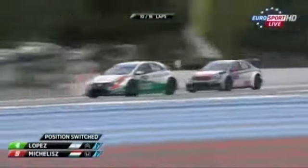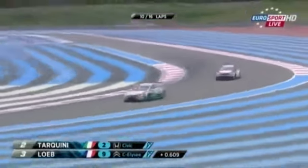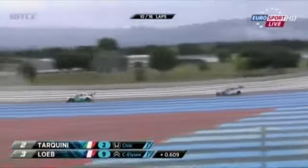Loeb on the inside at the hairpin, and Tarquini doing exactly what he needs to do. When you're being chased by somebody, Tom, ignore the mirrors, just drive your car. If he's that much faster, he'll have to drive around you somewhere. I think here the difficulty for him is...